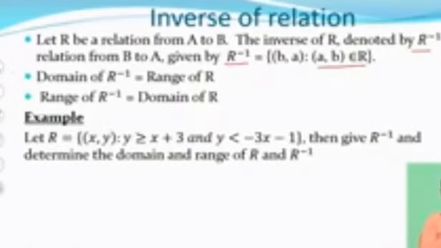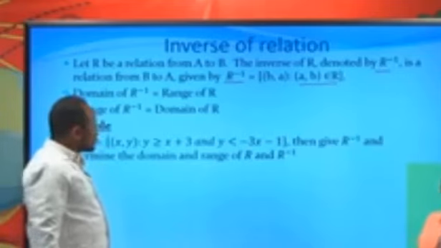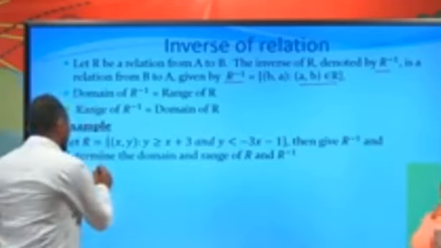Look at this one. We have R to be the ordered pair (x, y) such that y is greater than or equal to x plus 3 and y is less than minus 3x minus 1. Then give R inverse and determine the domain and range of R and R inverse. So to find the R inverse of this,